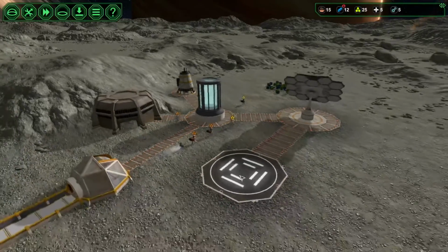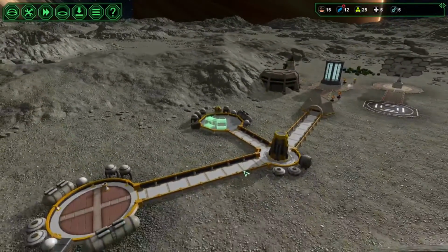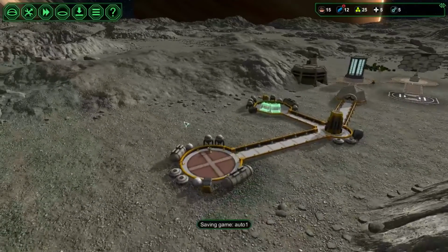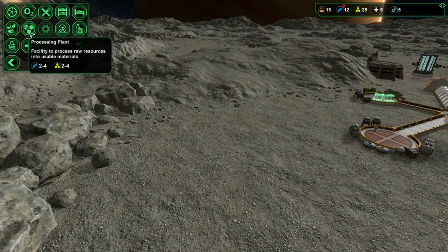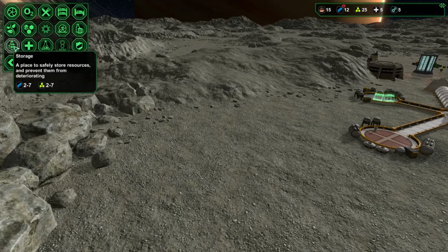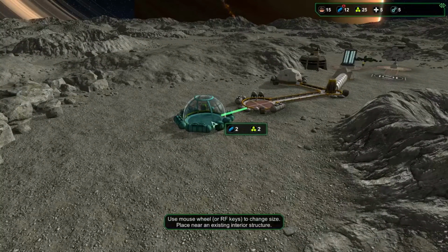Yeah, we're probably not going to get any colony ships at the moment, simply just because, yeah. Once we get a few more critical buildings up, we'll be good. We also need a storage. Let's add that processing plant, but we need more workers for that. So let's get a small storage going here. We want, when it comes to your...